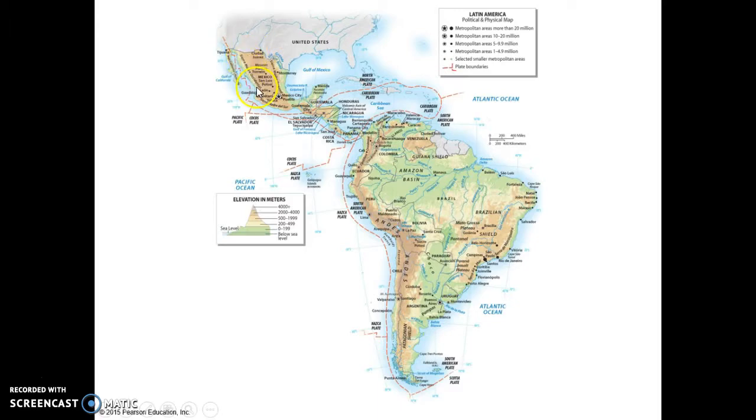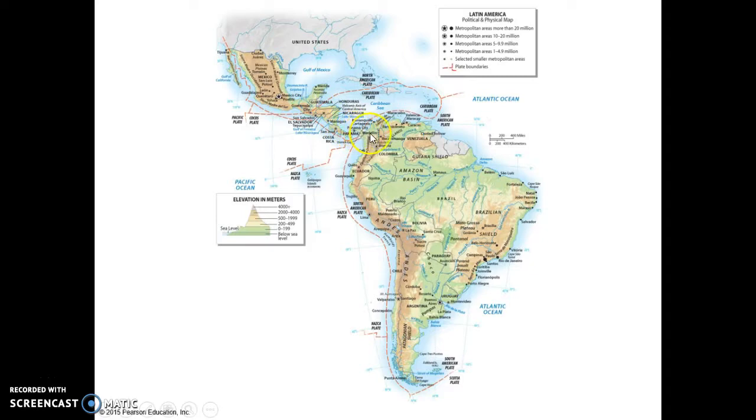There are two mountain ranges, the Sierra Madre Occidental and the Sierra Madre Oriental, the eastern Sierra Madre Mountains and the western Sierra Madre Mountains. They bound this highland, this plateau in the middle of Mexico that extends all the way down to Mexico City, which is at about 2,000 meters, a little over, so over 7,000 feet above sea level. And, moving down Central America, that's pretty mountainous territory as well.